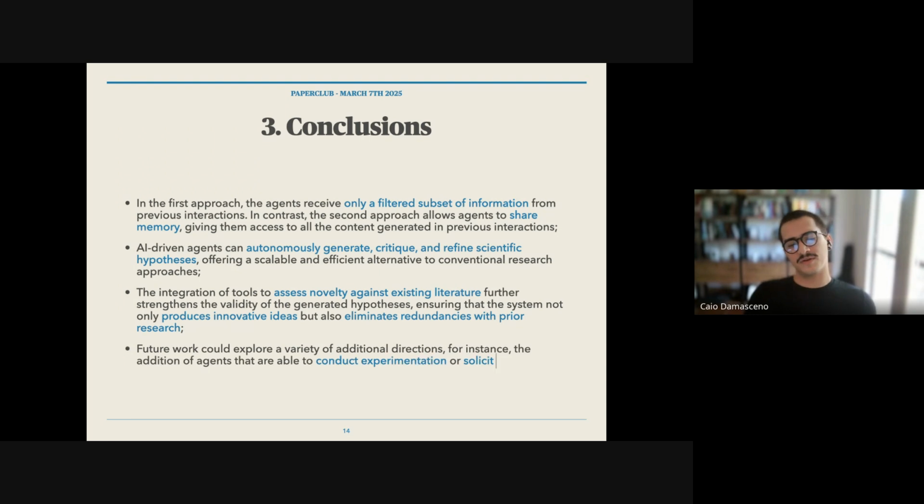And the final one, and for me, this is the key part, and something that I'm excited to check in the next steps, is the future work that they propose, which would be the other steps of the scientific method. That is conducting experimentation, soliciting data from simulation studies, maybe conducting experiments with AI. It would be nice as well.